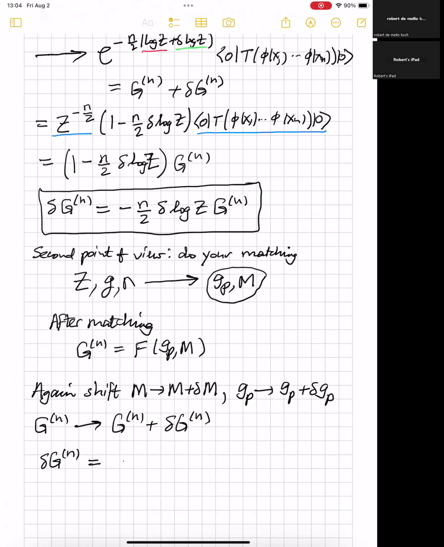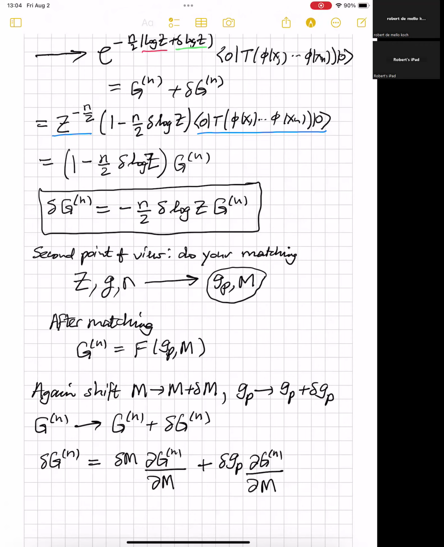The change because we shifted M is just delta M times dGn dM. And the change due to the change of the physical coupling is delta GP dGn